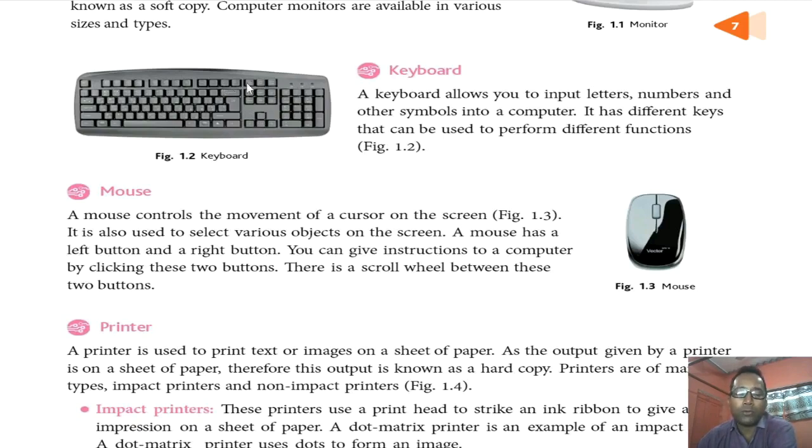At the top of your keyboard, you will find F1 to F12, 12 function keys. These function keys have different functionality based on the software. We can use them for specific functions like F1 to get help for any application, F5 to execute something, F12 to save a file with a different name. On our keyboard, you will find some special keys like escape key, shift key, enter key, caps lock key, windows key. And in a few keyboards, you will find some buttons at the top to control multimedia applications and video audio files. They are called multimedia keys.